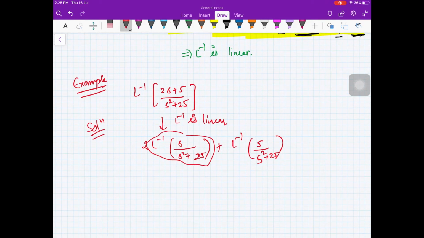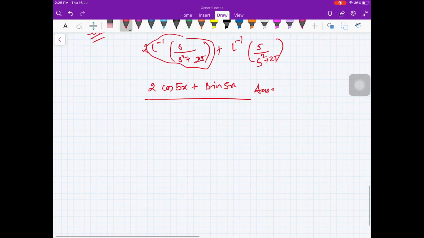Now you see what this formula is. This is cos 5x, plus this is sine 5x. So this is your answer to this problem. Similarly, you can find out, for example, if I give you something like this, say I give you this L inverse of